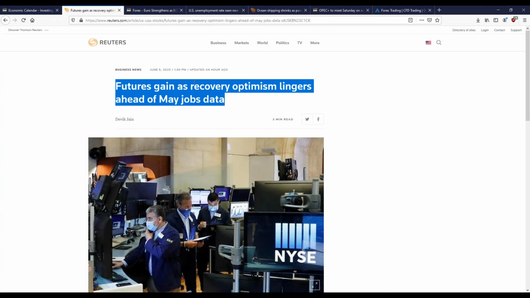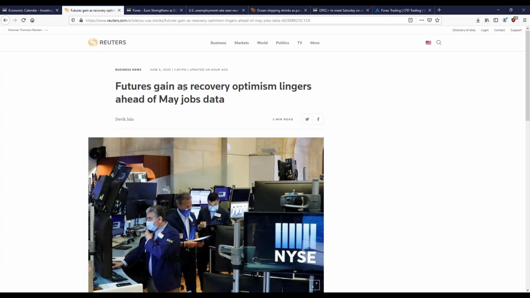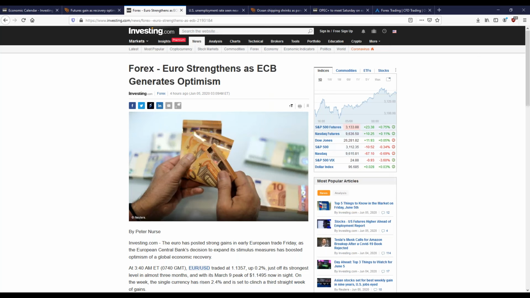But the expectation through the day has been optimism about this jobs report, that things aren't going to be as bad as they were last month, and that there's going to be some recovery signs showing. And so predictably, the major indices have been climbing today. Gold has been dropping today, etc. Oil has been climbing. And so everything you'd expect with that type of positive sentiment and headline, it's been occurring. If we take a look, we see futures are green. We see down here that the VIX index is down nearly 3.6%.